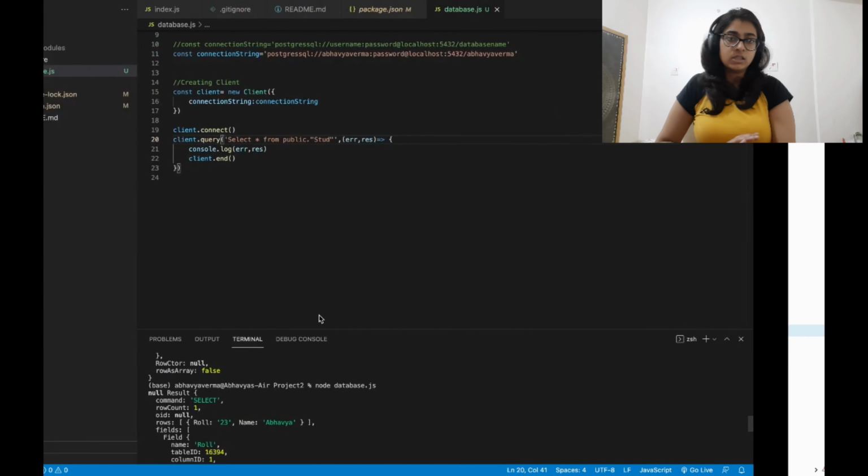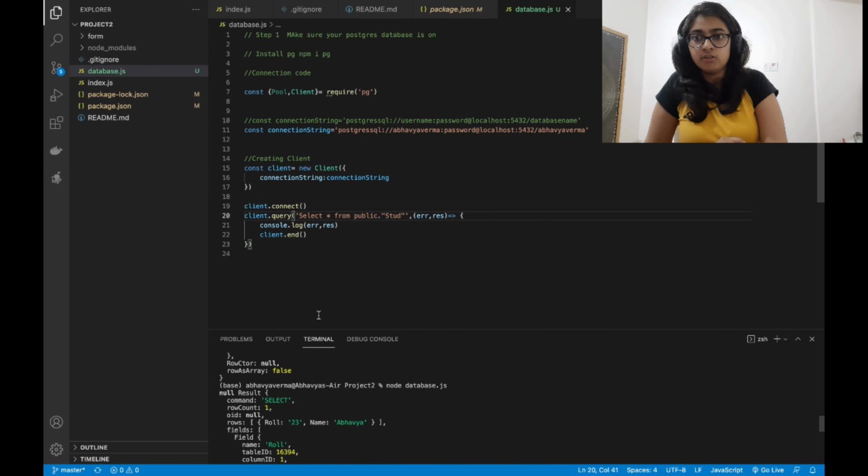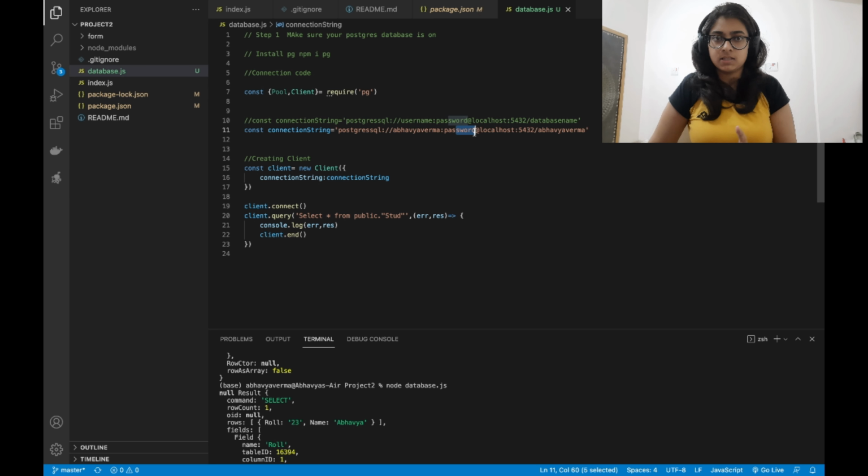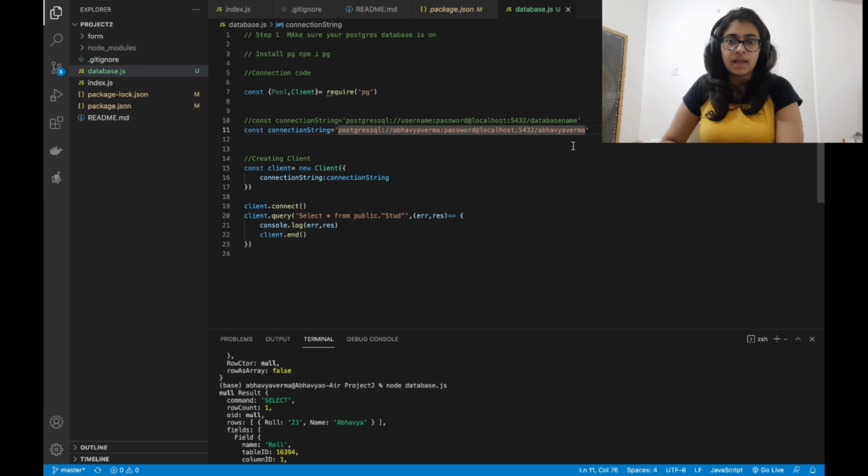So what are the things to keep in mind is when you are giving this string, remember to give the correct username, okay? Then the correct password, the master password is required and not the database password. And then the port where you are, generally it is 5432, and it is also suggested to use this port number. Otherwise you can use other ports, but it may give out some errors when things are hard coded. And then remember the database and the table name you need to give here. Don't confuse with this. So it was all about the connection.